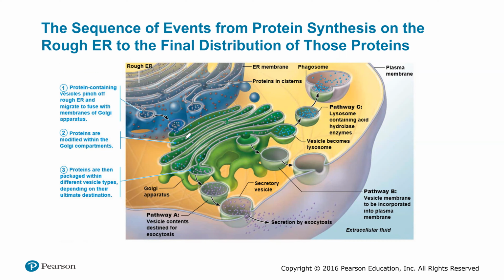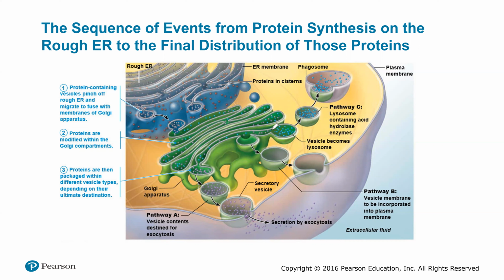Proteins are modified within Golgi compartments, and then proteins are packaged within different vesicle types called secretory vesicles, depending on their ultimate destination. So a secretory vesicle fuses with the plasma membrane and secretes products through exocytosis,